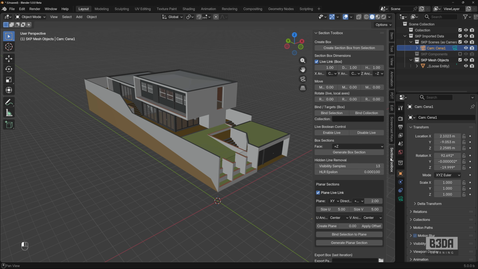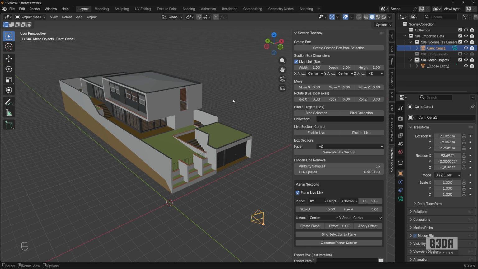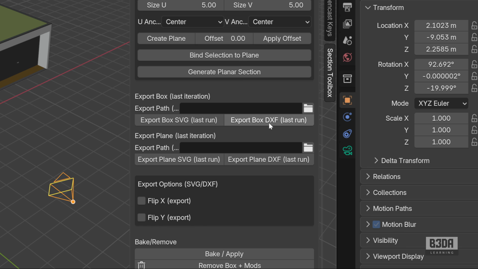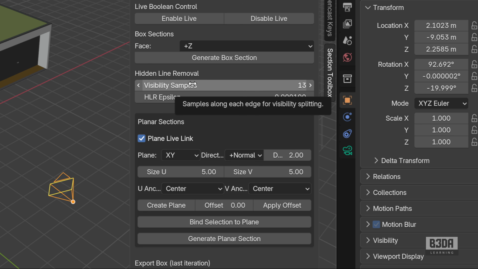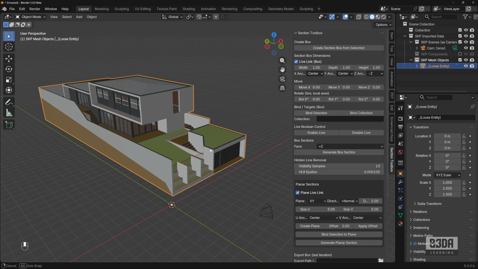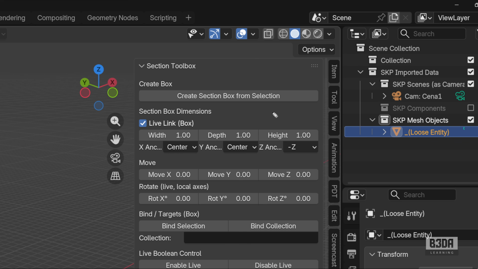Now, to create a section box, or a section using this add-on, as you can notice here, the add-on has lots and lots of options. You can even export your section as an SVG or a DXF, which is great, but let's focus now on creating the section view. The process is quite simple. You just need to select the model that you want to create a section box, and you will hit this button right here called Create Section Box from Selection. Once you click there,